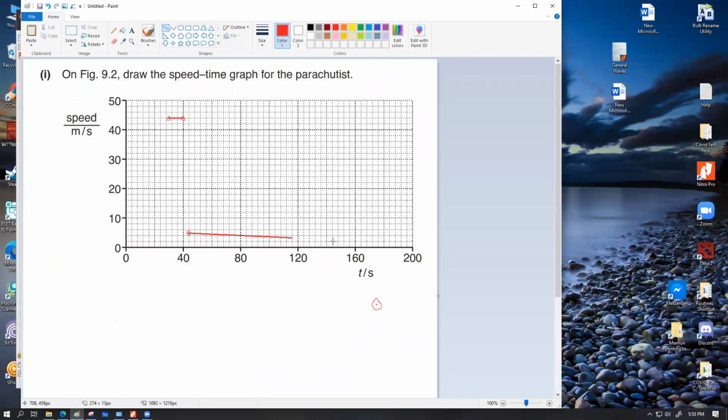So let's go for this horizontal. I'm drawing up the horizontal segments first because I'm comfortable that way, and because the question already tells us that the parachutist touches ground at 200 seconds, so we might as well